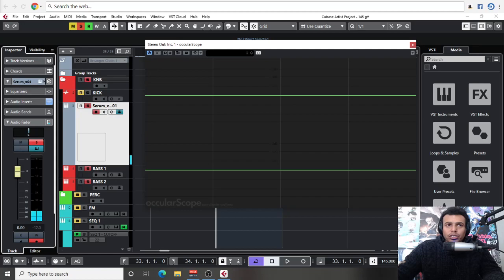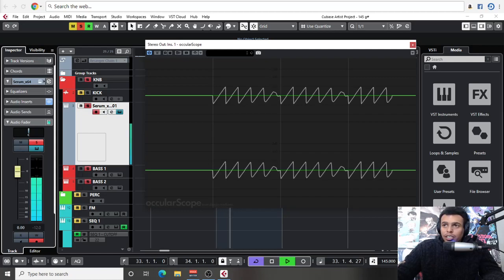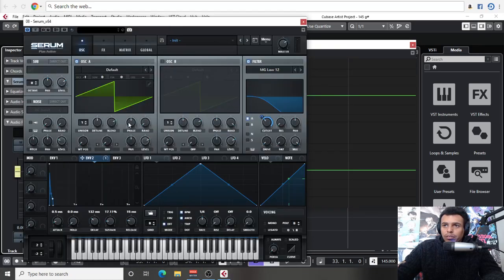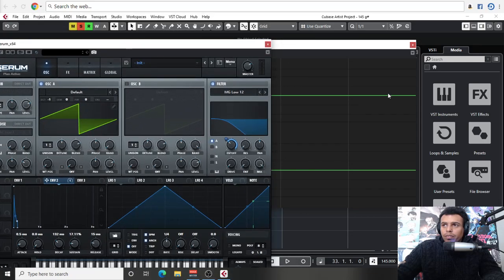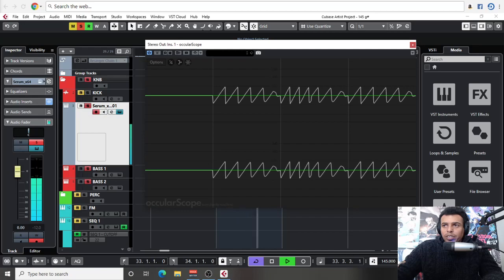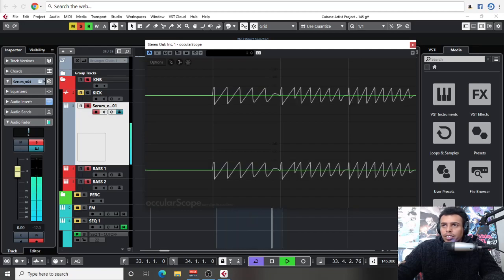So what I like to do is you can play around with the phase, I mean, not the wavetable position, the phase, to see if you can make it 180 and try and move it. So if you go here with the phase, you can move the phase of the starting position. Let's play. So I'm just going to move the phase. So you can see